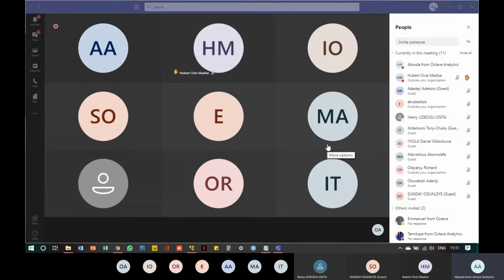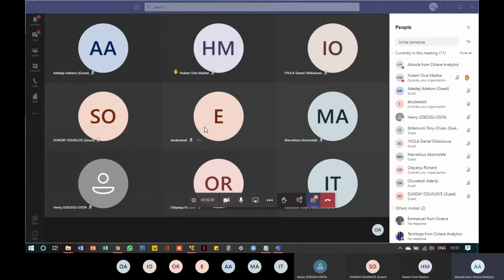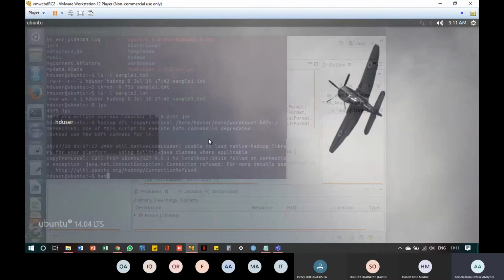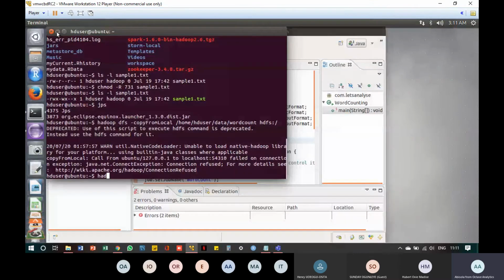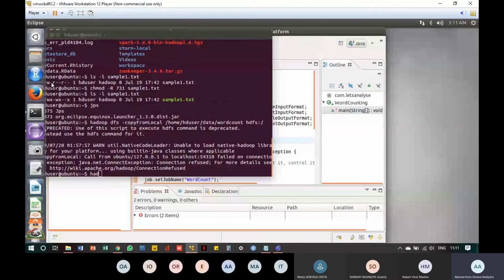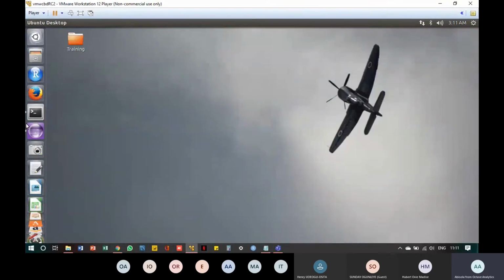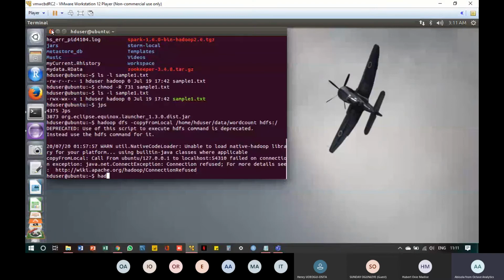So we want to analyze this data. So let's open our VMware. My VMware is opened already, so let me just open it. And let me close this. Okay, so I was just trying to look through. Let me close this one.